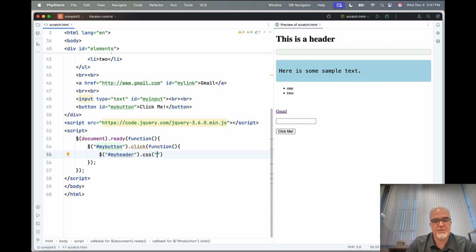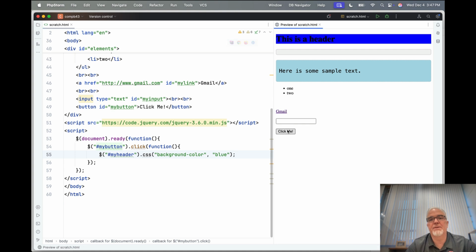The first one is, let's change the background color. Background color, and let's change it to blue. Okay, so let's do that and see if it works. And there it is. Not very attractive, but what I could do is I could change that to change the